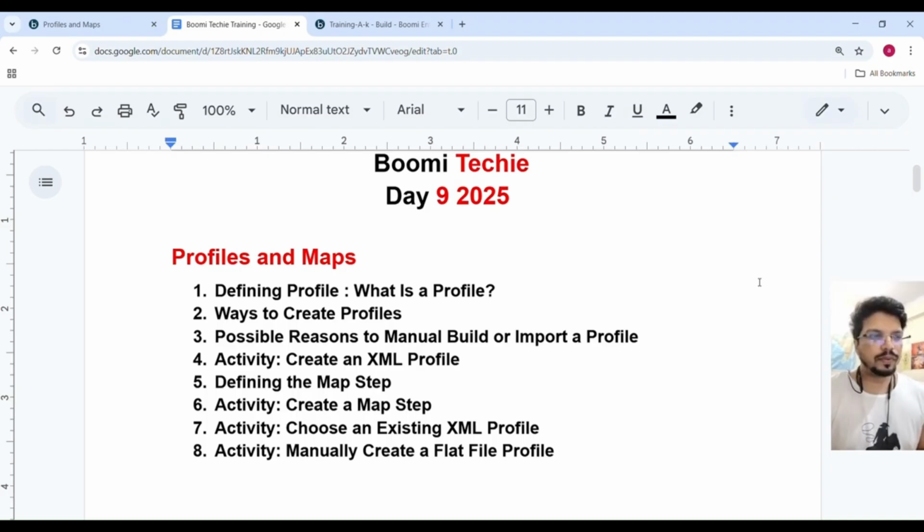So in this video, we will cover these points. First point is defining a profile, like what is a profile. Second point is ways to create a profile, how to create a profile. Third point is possible reasons to manually build or import a profile. So how we can manually build the profile and import the profile, we will see in today's video. And fourth point is activity, create an XML profile. And the fifth point is defining a map step, and the sixth point is create a map step, and